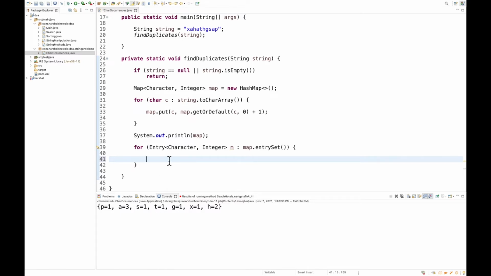So the logic is very simple. We have to iterate through the map, and we have to check the character which has a value of more than 1, right?